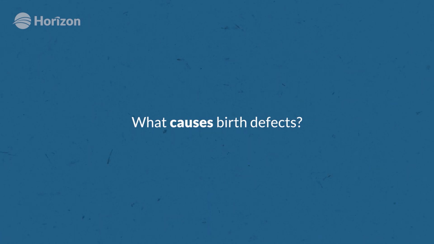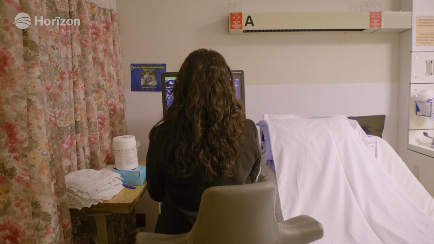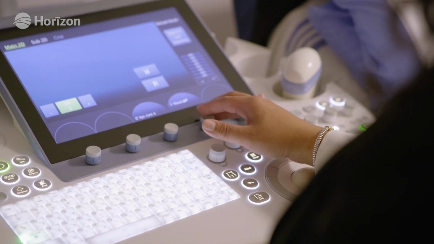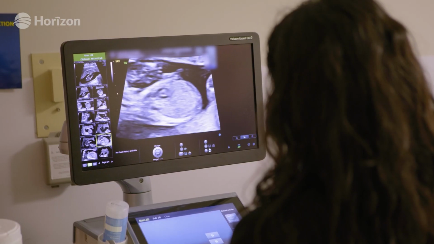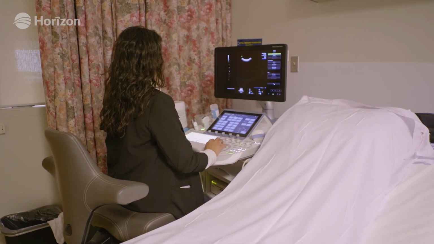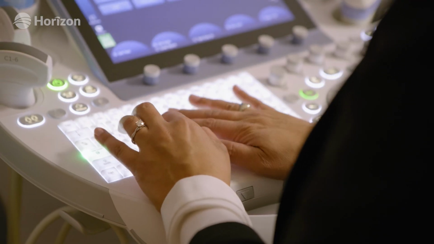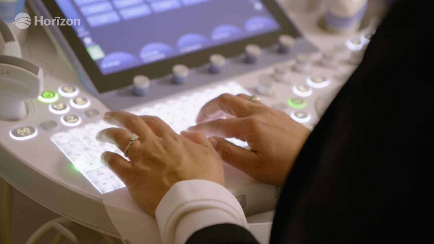There are many different causes of birth defects. They can be due to genetic conditions, which can be new or random genetic changes or chromosomal abnormalities that don't necessarily run in the family, or caused by inherited genetic syndromes or diseases. About 20% of birth defects are due to genetic factors. Birth defects can also be due to medical conditions, such as poorly controlled blood sugars in people with diabetes, maternal obesity, and advanced maternal or paternal age.